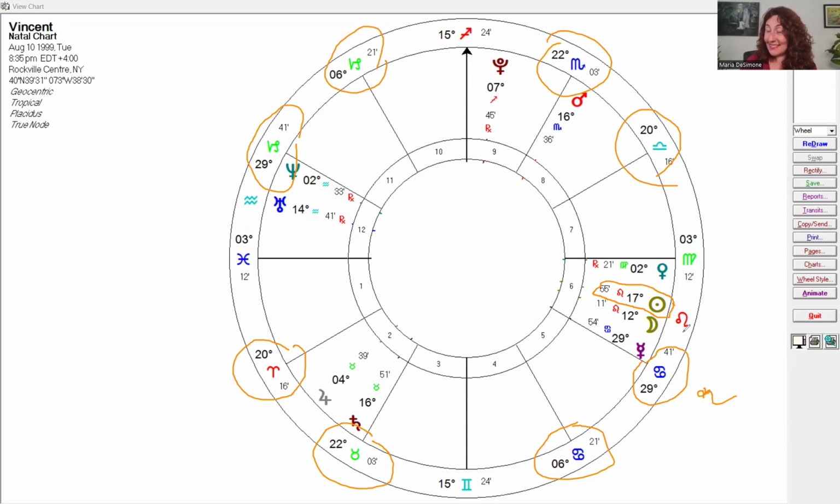What I am saying is that I'm using a different system. Cancer is on the cusp of the 6th house, and that makes the moon the ruler of the 6th house, not the sun. And when you have an interception, I don't worry about them co-ruling the house. They're trapped. It's trapped energy. So yes, it's true technically that it is co-ruling the house, but we're not focusing on that for our rulership dynamics. The moon rules the sixth house, period.